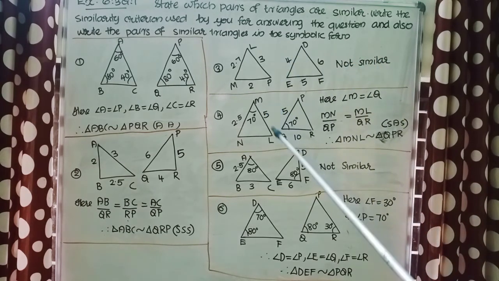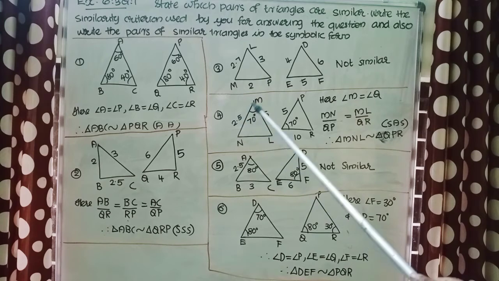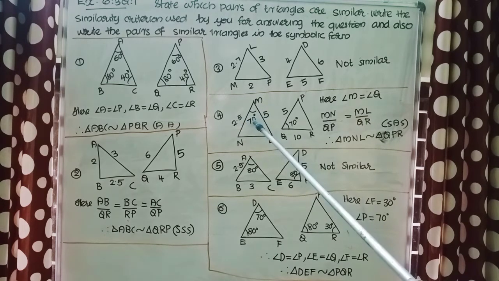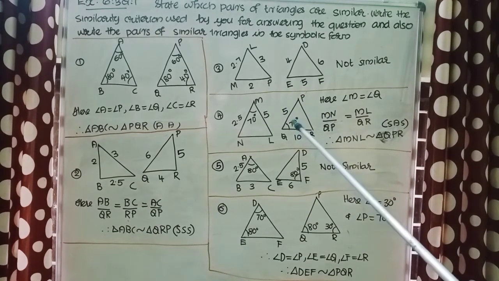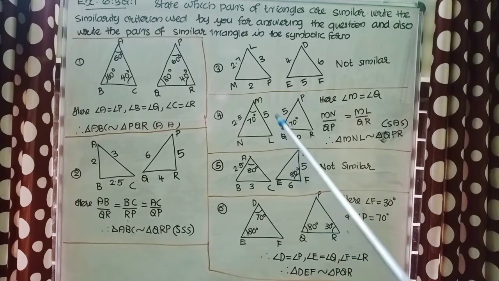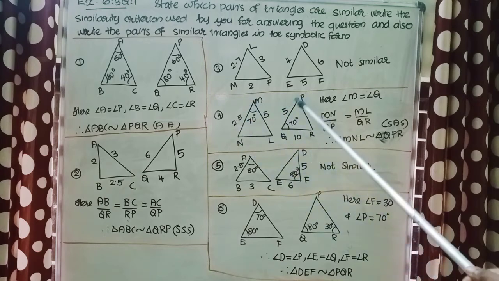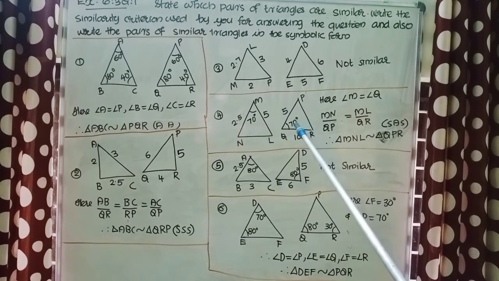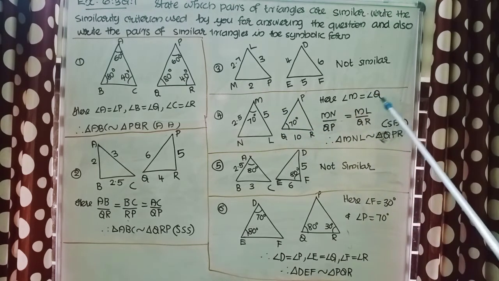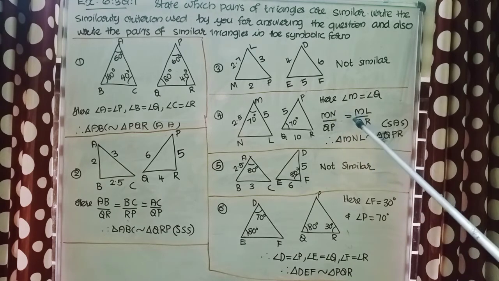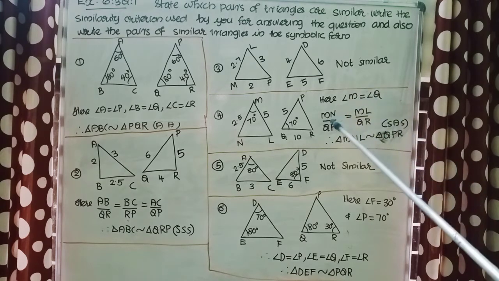Next question, triangle MLN and PRQ with measurements here MN 2.5, ML 5, included angle M equal to 70 degree. Here PQ 5, QR 10, included angle Q equal to 70 degree. Now you can see here angle M equal to angle Q and similarly MN by PQ, 2.5 by 5, is equal to 1 by 2. ML by QR, 5 by 10, is also equal to 1 by 2. So we can write MN by QP equal to ML by QR. Same ratio. So here one angle and here two sides.